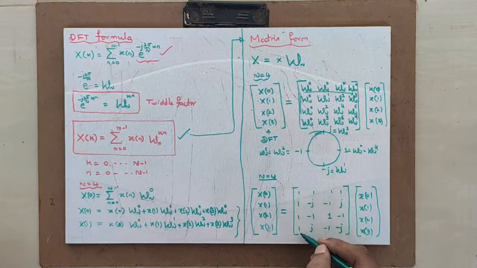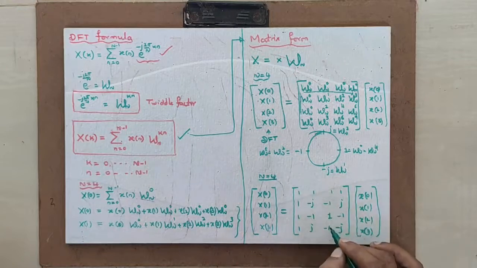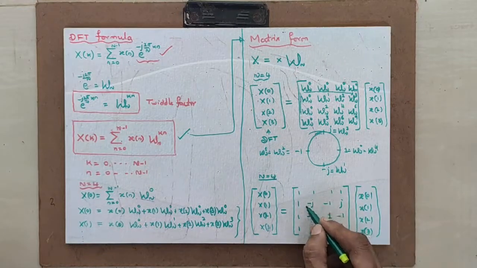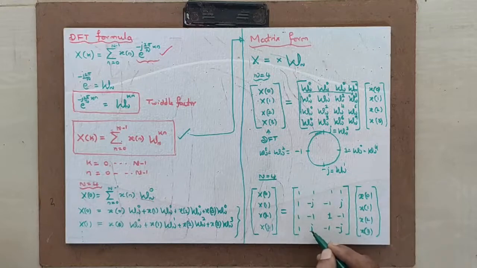First column also you fill with 1. And then directly come to the third row. Third row minus 1, minus 1. Similarly minus 1, minus 1. Then you have to fill it with minus j, and its complement j. Here the complement of minus 1, j, and then minus 2. It is very easy to fill this matrix. Let me take an example in the next slide so that I can convey the application of the matrix form, so that the DFT formula can be applied.